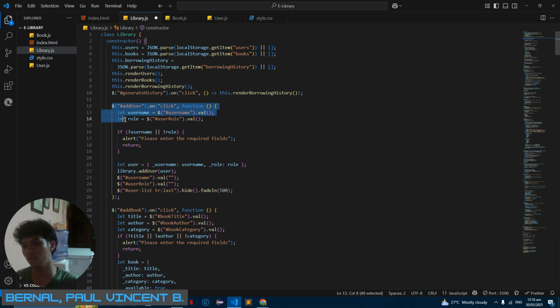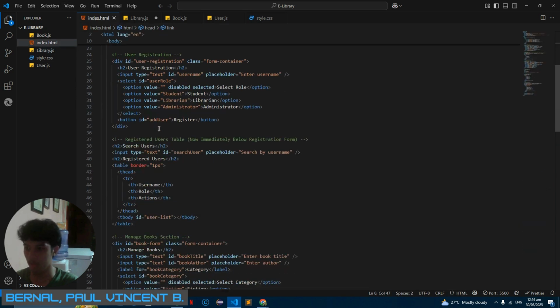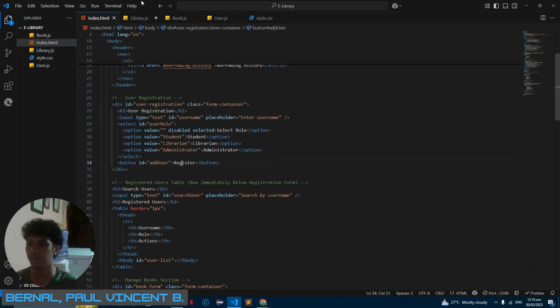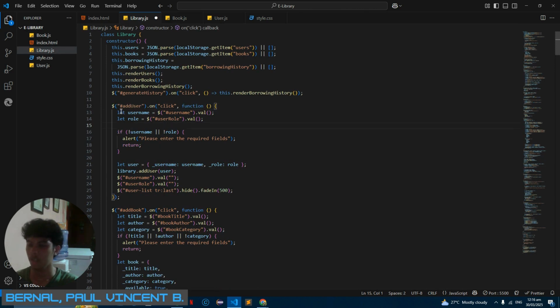In this line of code, we create a function for our add user. The add user ID is in our extended code. As you can see, there's an add user. Inside this function, we declare a let username. Since we use jQuery, instead of using document dot get element by ID, we use a dollar sign to simplify the code.